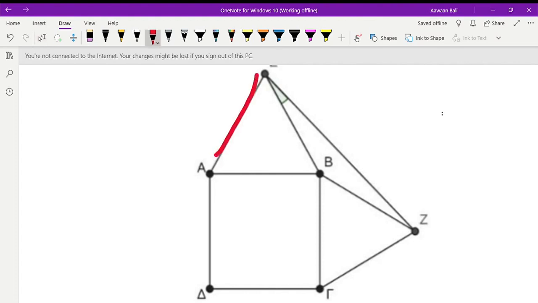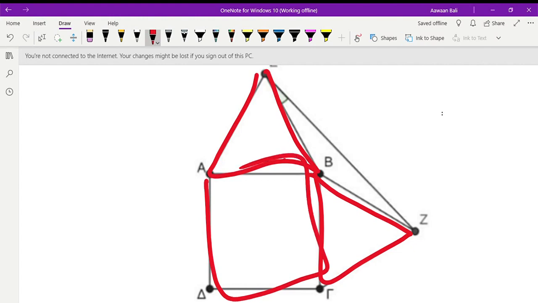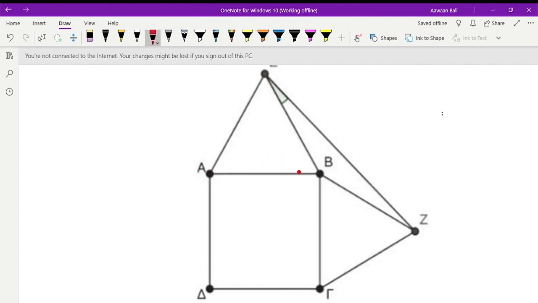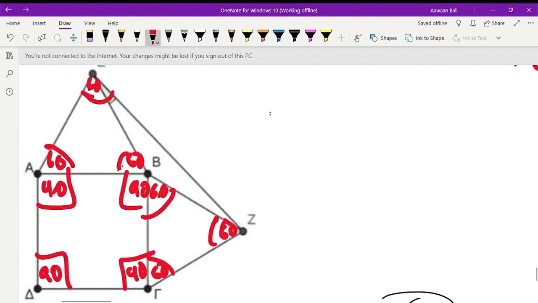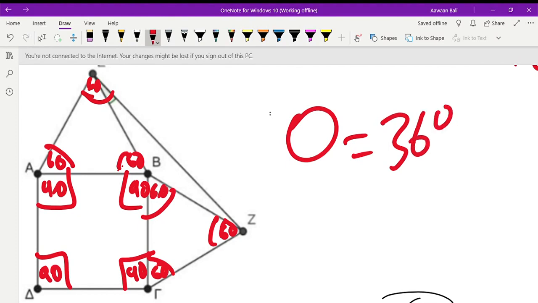Since these are equilateral triangles, and this is a square, we already know the angles. For every square, all of them are 90 degrees, right angles. Then 90 times 4 is 360. For equilateral triangles, all the angles are equal, all the sides are equal, which means it's 60 degrees for each of them. And now, since we know a full circle is 360 degrees,